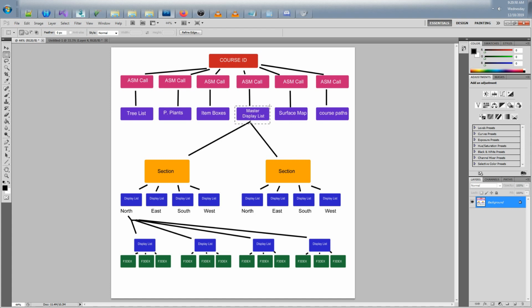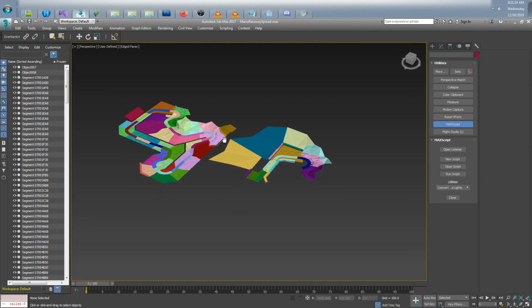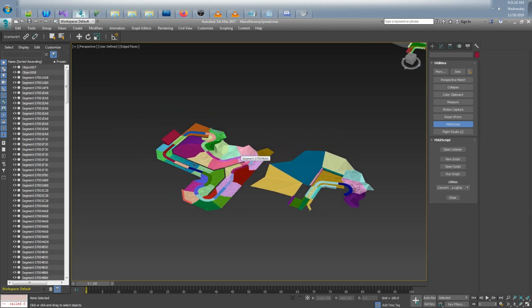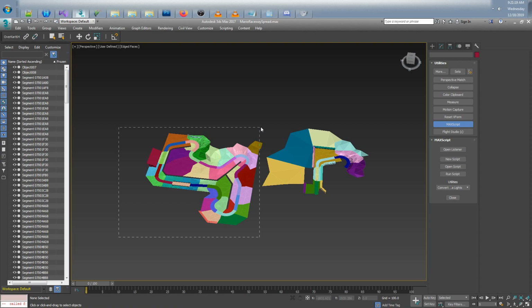For the master display list, again, each course is split up into sections. In the case of Mario's Raceway, there's actually 17 sections throughout the whole map. And each section has 4 views. You can either be facing north, east, south, or west. To take a look at what that looks like, I'm actually going to go into a 3D editing program here and show you what Mario Raceway's entire